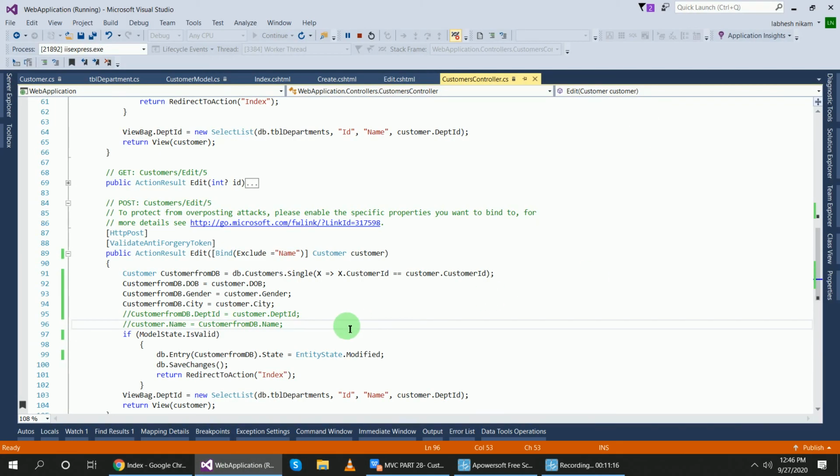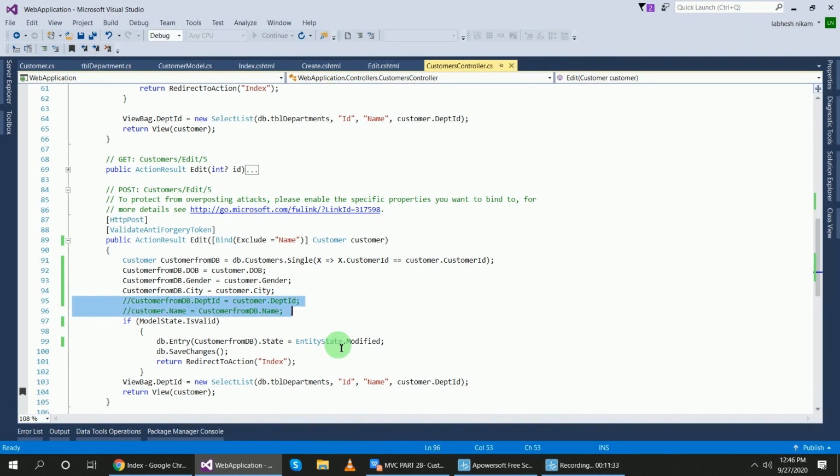Now, if I remove these comments, what happens? Let's check. Control KU.